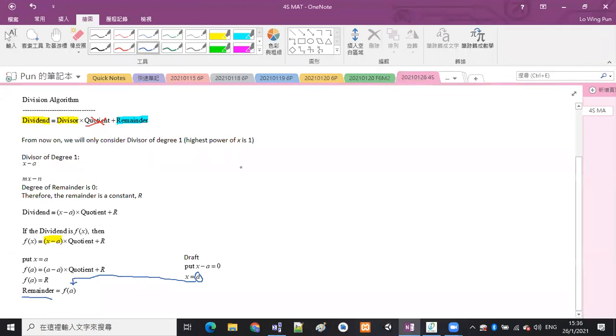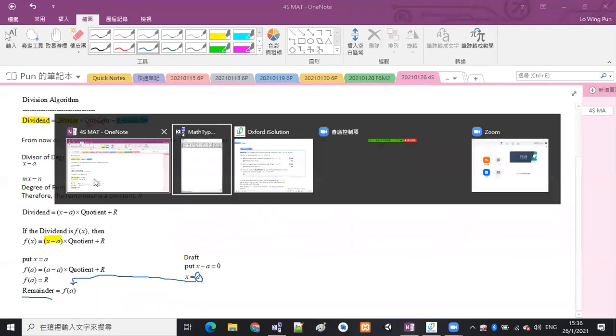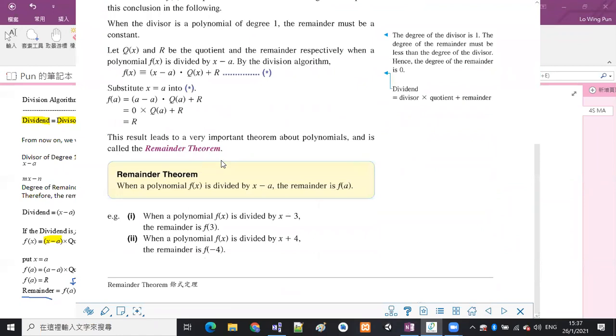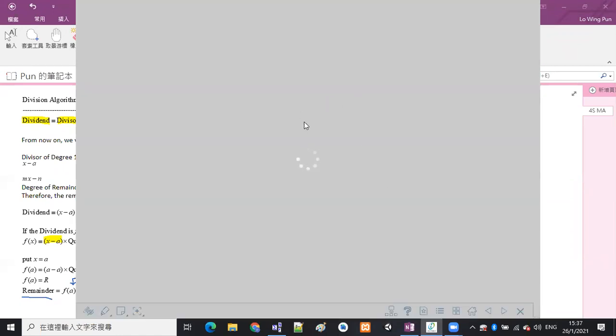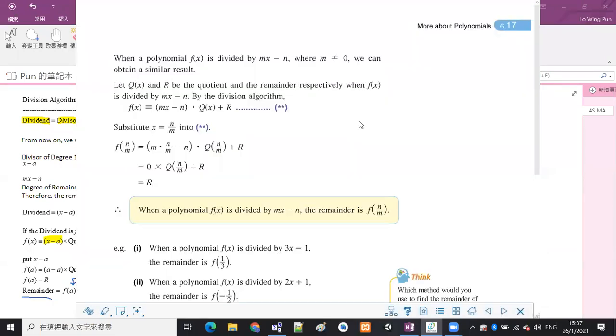OK，就係 put 一個數入去 f(x) 嗰度，就係計個餘數出嚟，就係咁樣啦。OK，點樣計 put 咩數入去咧？就係將個 divisor 等於零，計個 x 出嚟，計到 x 出嚟嗰個數，就係要 put 入去 f(x) 嗰度，去到計個答案，即係個 remainder 啦，得唔得？好，我哋睇一條 example 啊。呢個就係所謂嘅 remainder theorem 啦。